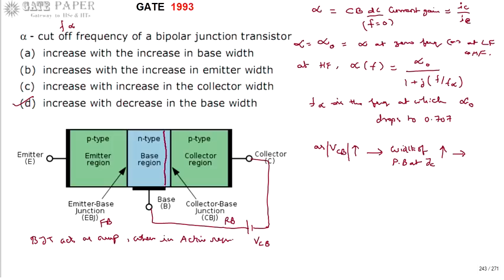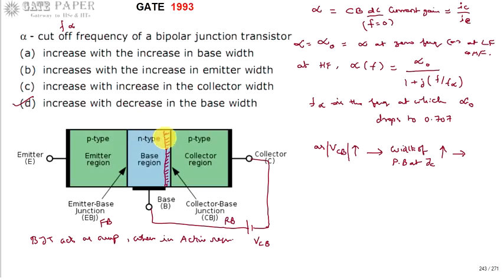So you can draw it in this way. This is the potential barrier I am drawing. I am not drawing it into the collector region because the collector is heavily doped compared to the base. As the base is lightly doped, the potential barrier penetrates towards the base side. So this is what is taking place.